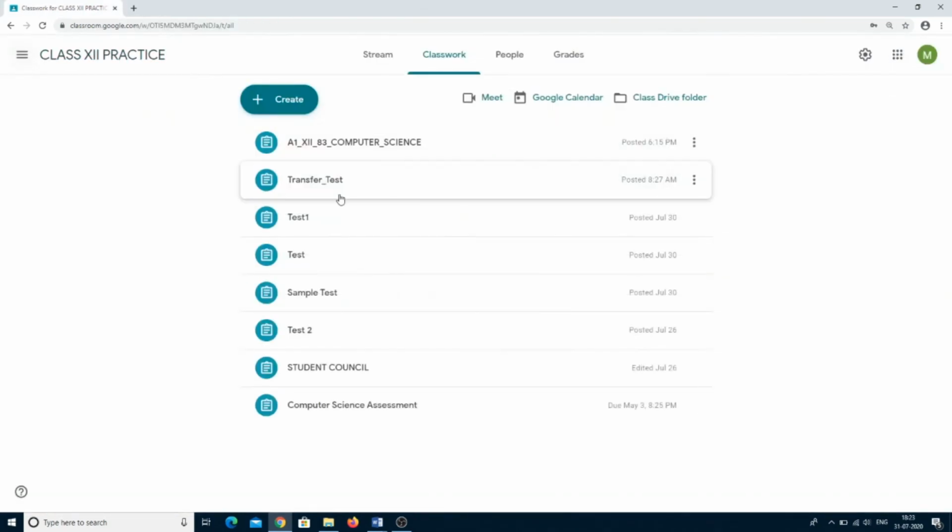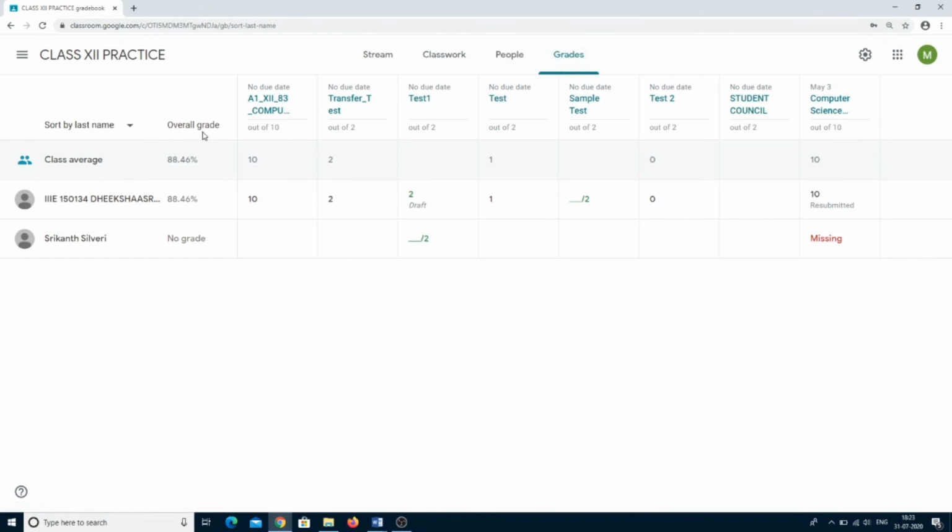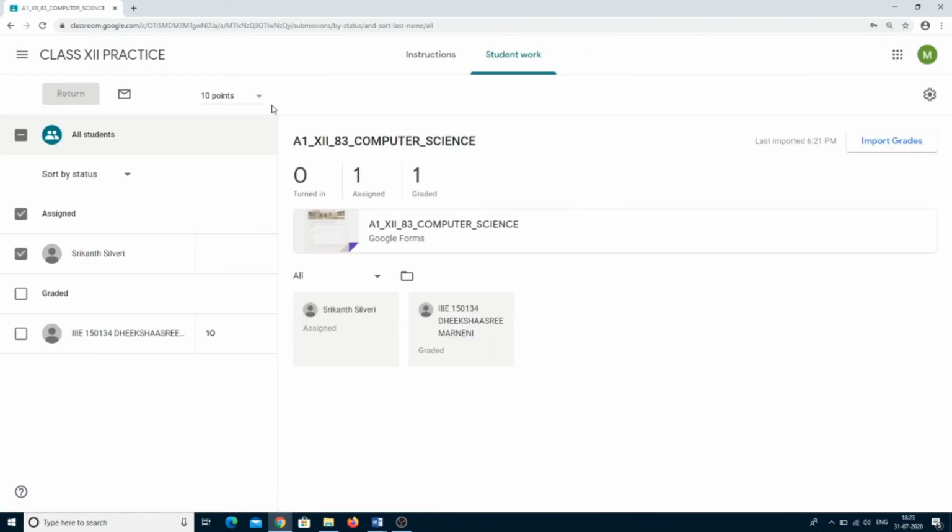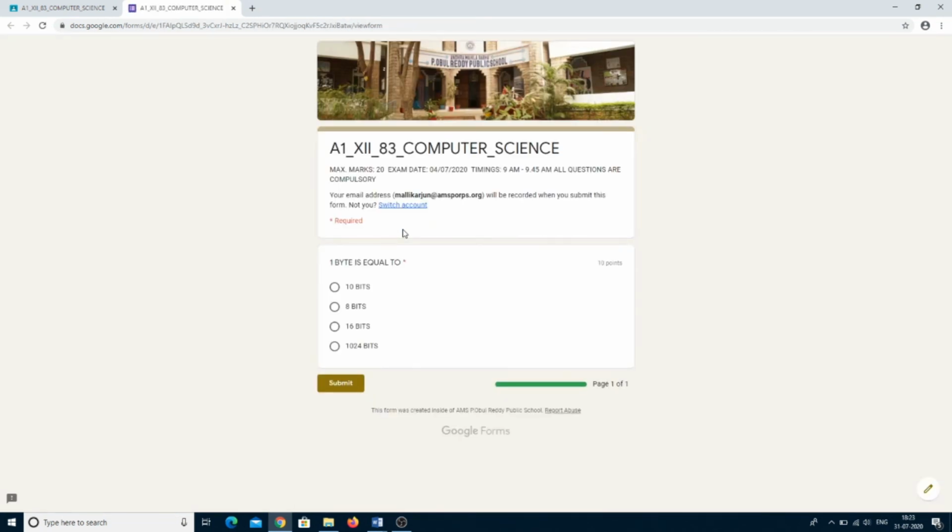So what you're doing is going to your classwork and clicking on edit, and you can go to the source of your question paper. This is one method. And in grades, you can click on your subject name and see the marks. You can import the grades and click on return all, and here also there will be a form, A112 computer science. Once you click there, it will also open the Google form,